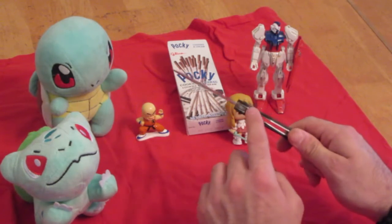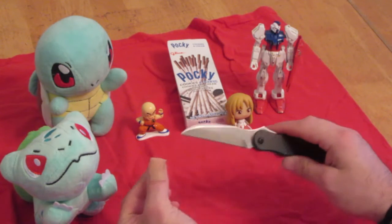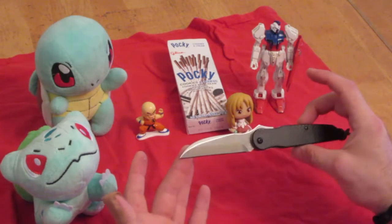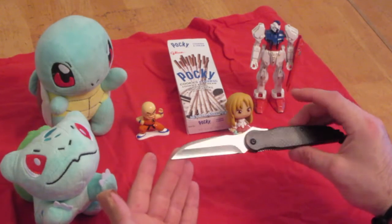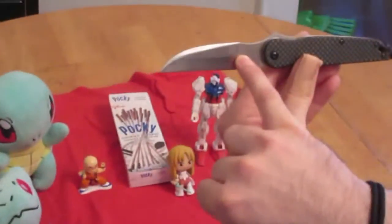I think the liner lock is an upgrade though, and this Wharncliffe blade with the swedge on it was one of the reasons that really drew me to get one of these. The blade here, if the camera can zoom in,